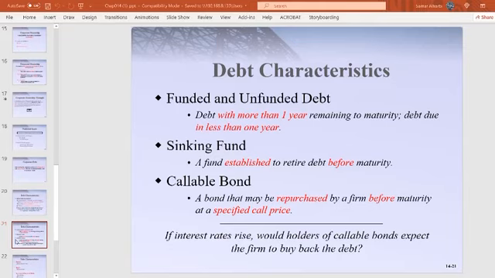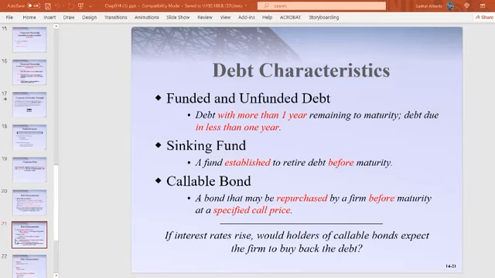A bond is just like a debt. So a company issues a debt, or a bond, to raise money. Basically, it will issue a bond to the shareholder to raise some money. Now, what is a callable bond? A callable bond means that if a company is issuing a bond, then it has a right to call it back from the investor so that it can repay. So it has a right to repurchase the debt again at the specific price, which is agreed at the time